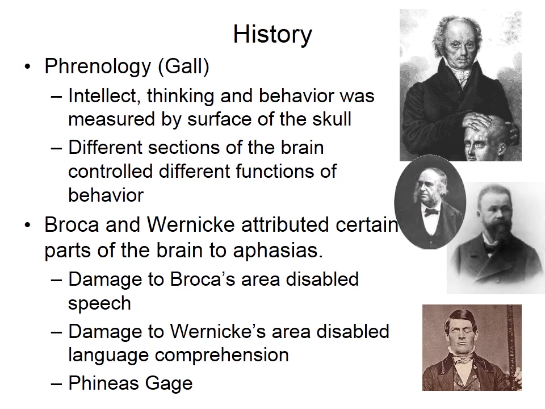Now, originally, phrenology was looking for basically correlational evidence. Were there differences in the surface area of the skull between criminals and non-criminals, between geniuses and non-geniuses? And initially, there were what are often referred to as illusory correlations. So, in a very small sample, for instance, there may have been some examples of people with a larger frontal cranial area also being smarter. And this is what led to the idea that we could use these measurements to make inferences about the person's cognitive ability, behavior, or personality.